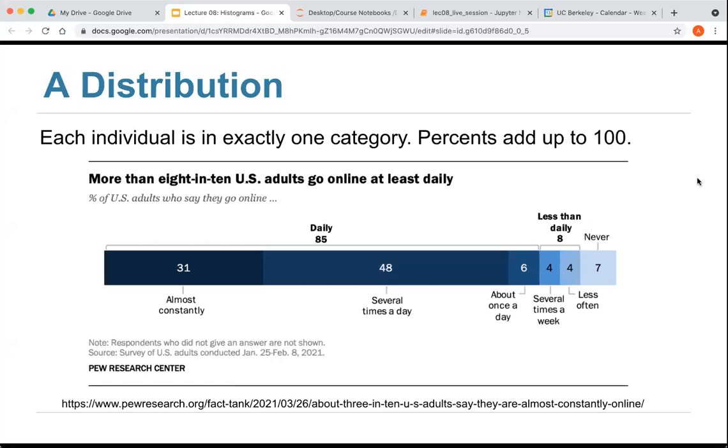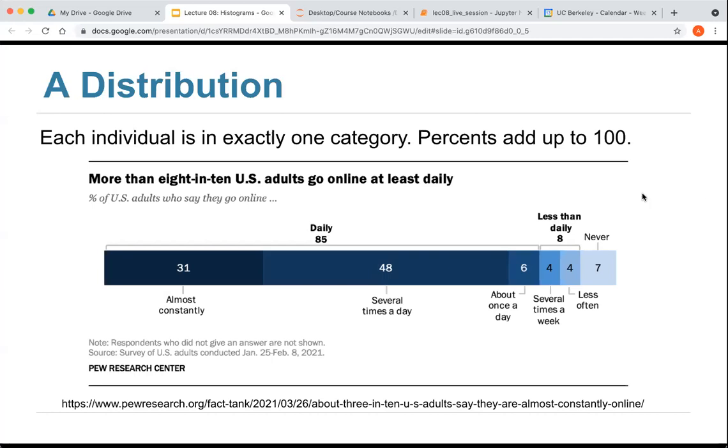Questions thus far? Has anybody added the numbers in their head and got 100? No? All right, so every now and then you do such a thing and you get 99 or 99 point something, right? It's because some people did not respond and that group is missing. So you have almost a distribution, but not quite. Also rounding. Yes, thank you, Ashwangit.